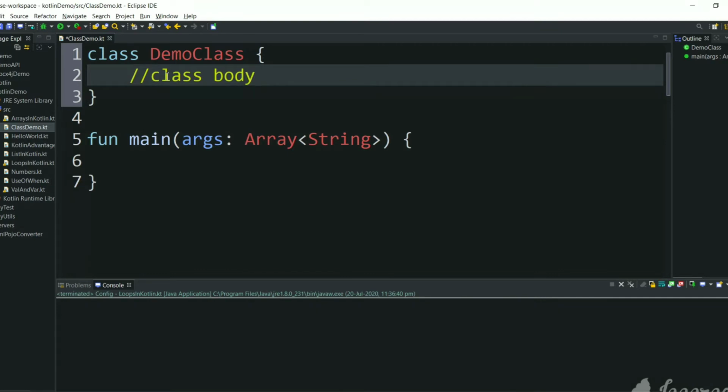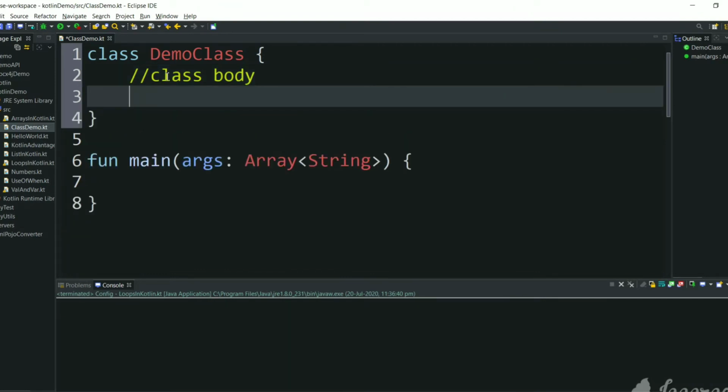For demo purposes, let's have one member variable. You already know how to declare variables. We can use an access specifier and we have to use either var or val, give a variable name as name, and initialize it. Let's name it my channel Skill Set Go.